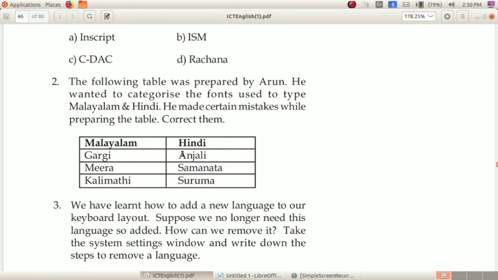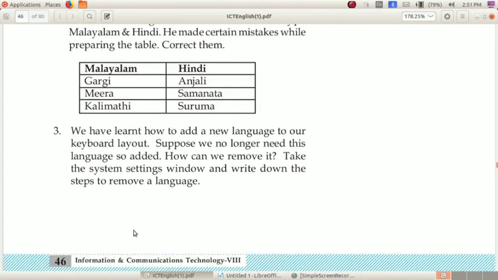Under Malayalam, which fonts will come? Anjali, Suruma and Meera. And Gargi, Kalimadi and Samanada come under Hindi. Okay, so rewrite that.